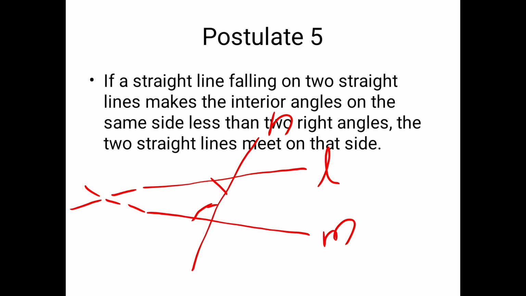Means if we add these two angles, less than two right angles means should be less than 180 degrees, and these two angles will be less than 180 degrees. And if we consider, of course, these both are obtuse angles, so their sum will be greater than the sum of the two right angles, that is, greater than 180 degrees. So we need to consider only angles of this side, and our postulate states that the two straight lines meet